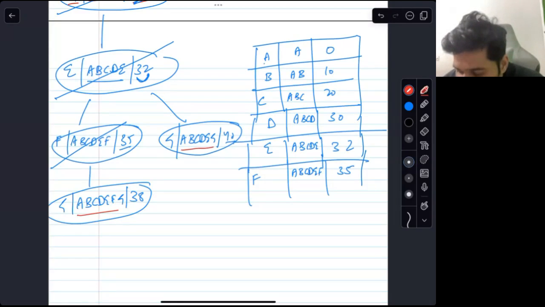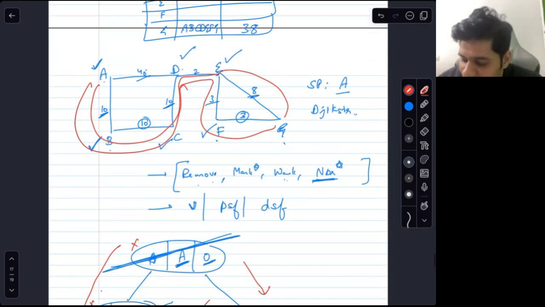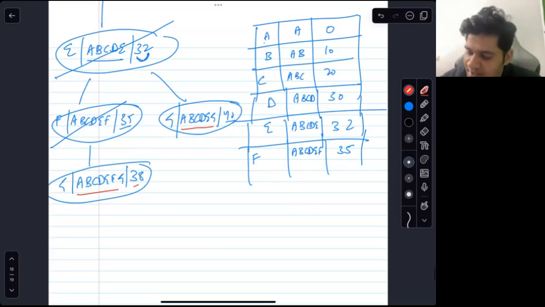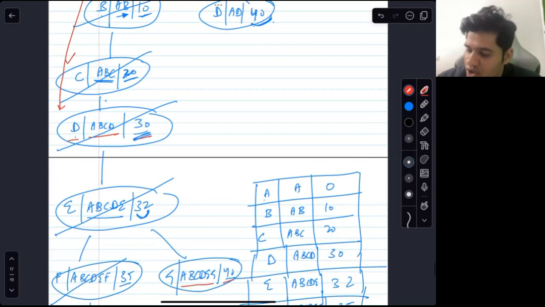And A, B, C, D, E, F, G will be preferred to A, B, C, D, E, G, because both have the part A, B, C, D, E. After that, you could go E, F, G or you could go E, G. E, G was 8, E, F, G was 6, and E, F, G has been preferred. 38, 40 and there is another 40.